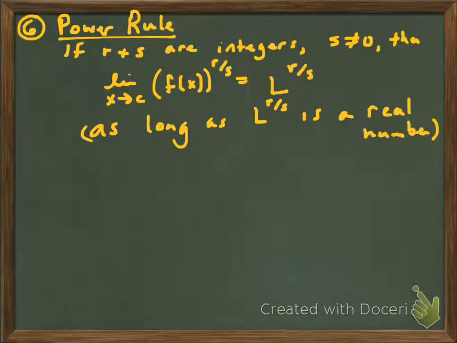So the limit of a rational power, now a rational power just means you're raised to a fractional power. And if that's true for fractional powers, what do you think it will be for other things? True. Because remember, a rational number just means you can write it as a fraction. So if I have a function squared, my new exponent, I could think of it as 2 over 1 to emphasize the fact that this rule still applies, right? You with me? So really for any exponent, all right? So the limit of a rational power of a function is